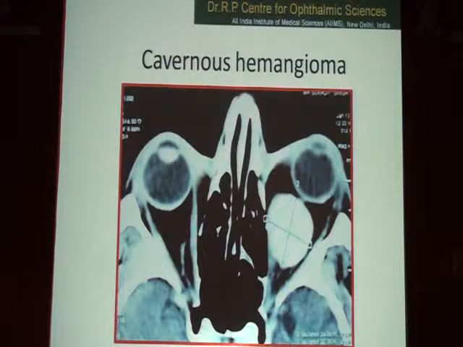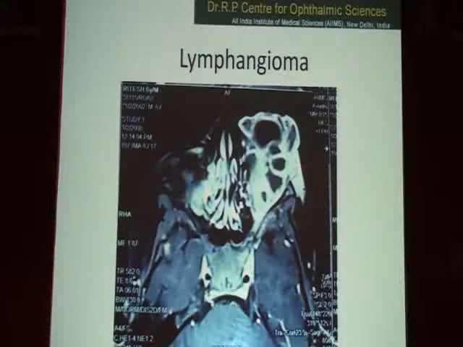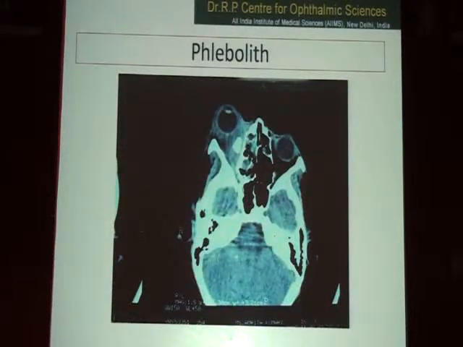Here you can see a very well circumscribed intraconal cavernous hemangioma showing contrast enhancement on CT. This is a case of a lymphangioma where you can see all these cystic and solid areas. Many times there are chocolate cysts within the lymphangioma and internal septations can be identified. So lymphangioma, like cavernous hemangioma, is almost a giveaway as far as orbital tumors are concerned on imaging itself. This is a case where you can see a nice phlebolith inside in the right orbit within the orbital tumor.